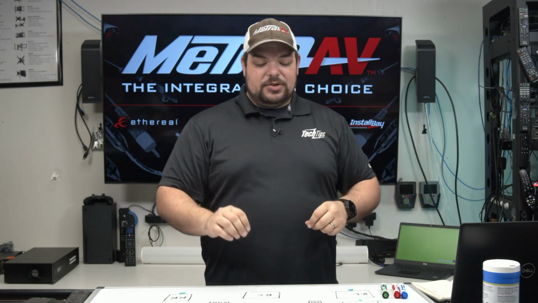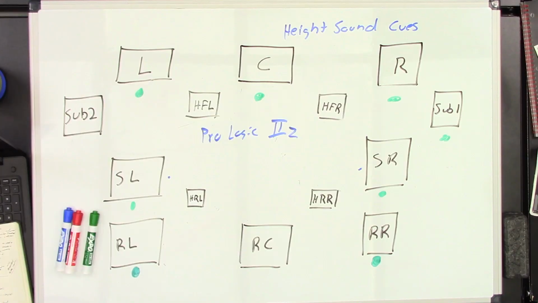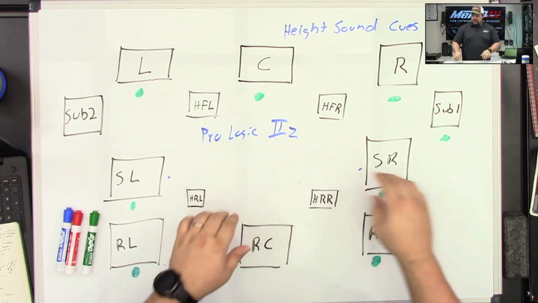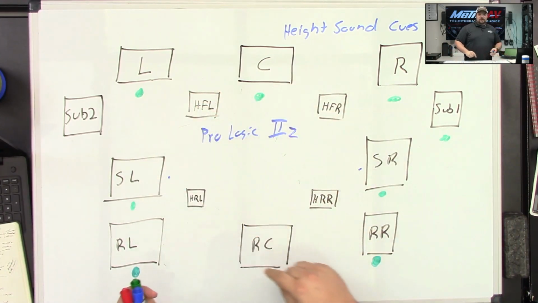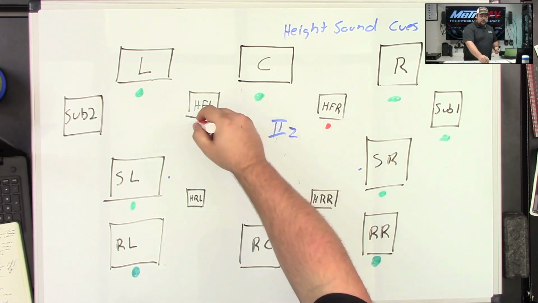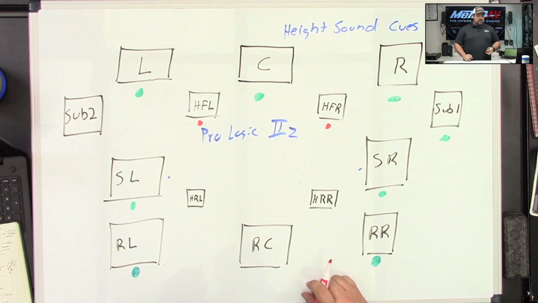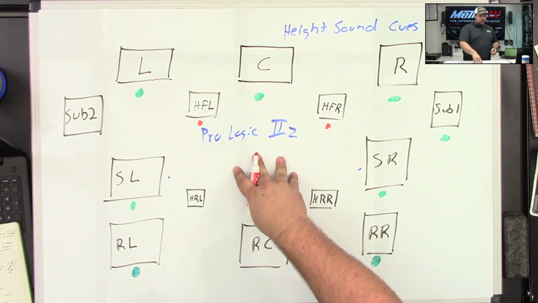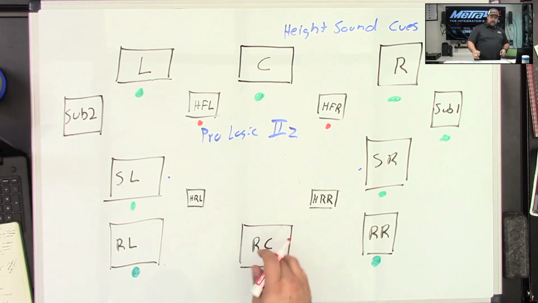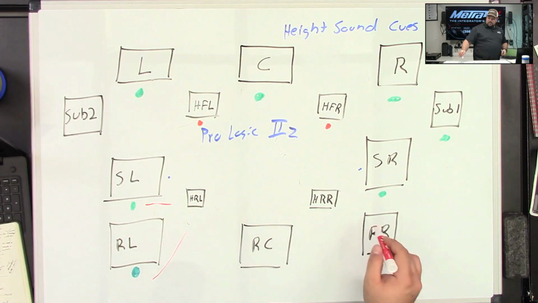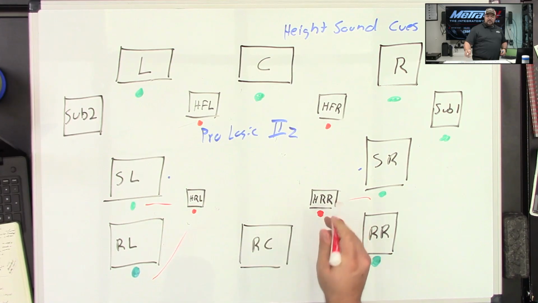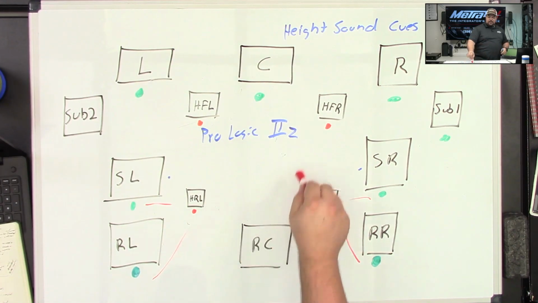So when you look at Pro Logic 2Z, we'll switch back over here to this. The way that it's working is essentially it's taking the right and left signals and running them through that process to make it sound like it's coming from slightly above. And that's where those come in. So that's a 9.1 signal, but you can also do the same thing for the rear heights and on both sides. But it's doing just a little bit more. It's actually taking from these here, so it winds up having a little bit more data. And so you get a slightly better sound sometimes, at least in my ears anyways. And so that's where you get those rears for that.